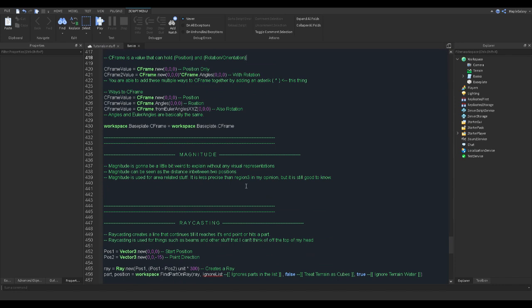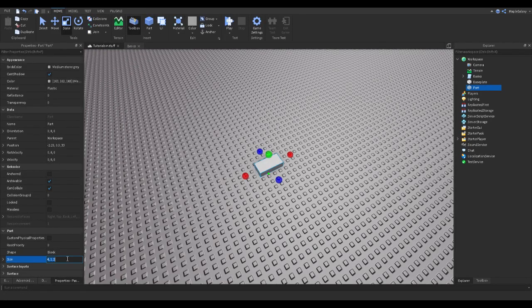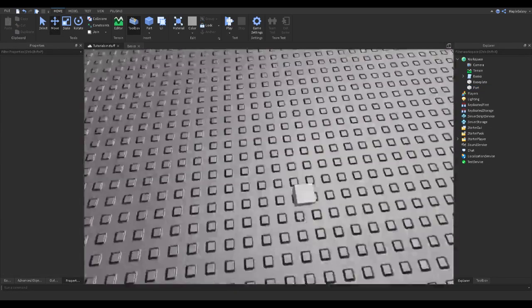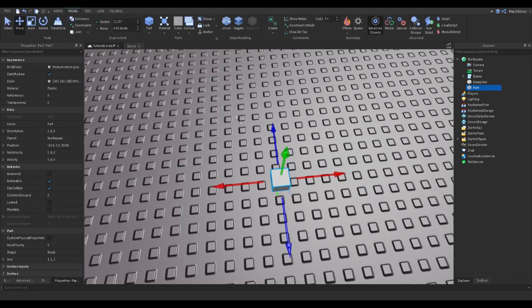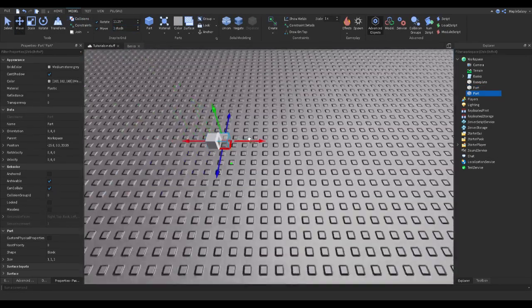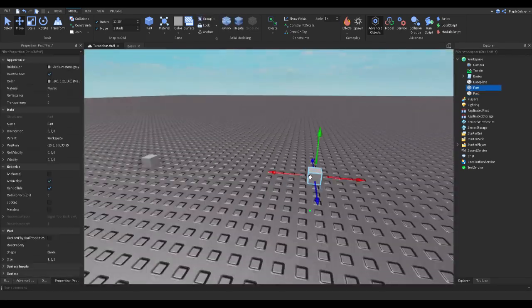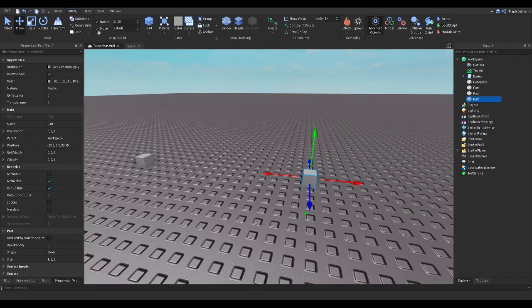Magnitude. Magnitude is a way to find a distance between two positions. So visually, let's say you have this part here, and then you have this part here. Actually, no, let's make this easier. So you have this part here, and then, let's say it's 1, 2, I don't know, that many distance apart. So when you find the magnitude between these two values,